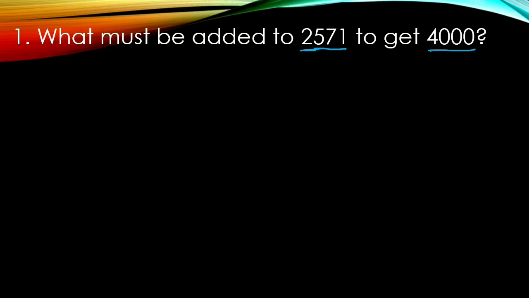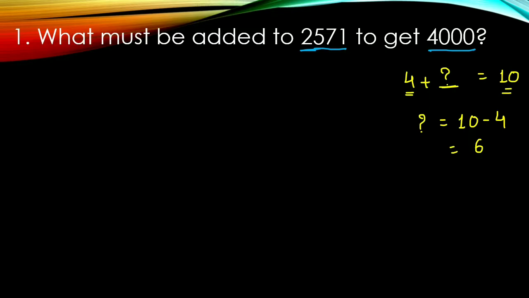Let's take an example first. If we have a number 4 and we have to find out what should be added to 4 to get 10, that means one of the addends is given to us, the sum is given, we have to find out the number to be added to this 4, that is the other addend. So this number will be equal to the difference between the sum and the given number, that is 10 minus 4, which is equal to 6, which means if we add 6 and 4 we will get 10.